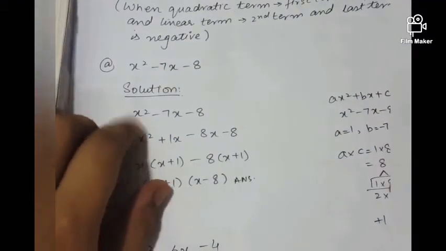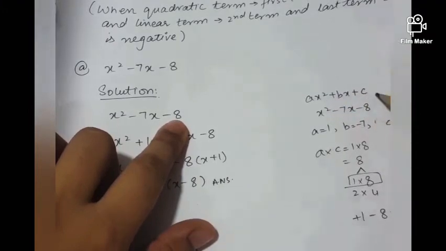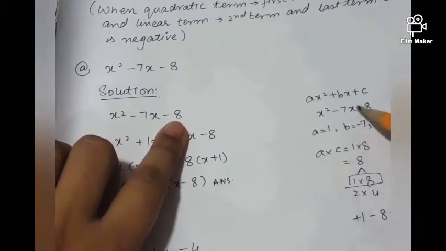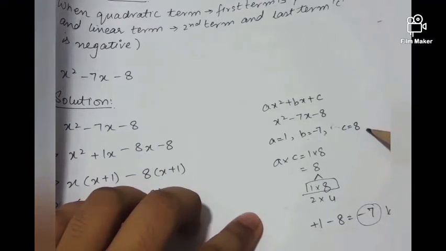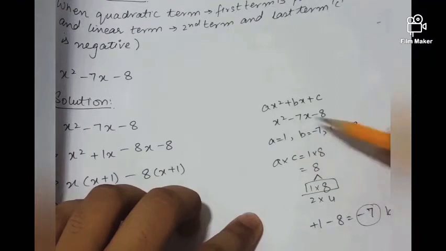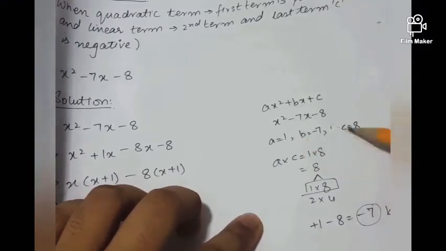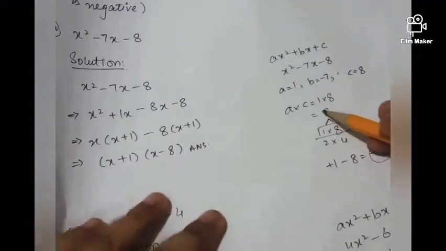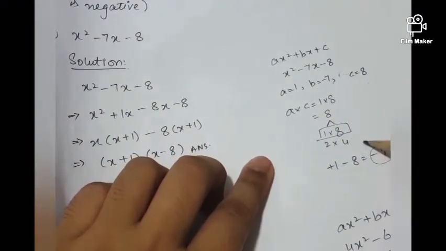See, the quadratic term is positive and the last two terms are negative, the linear and the constant. Same procedure, x square minus 7x minus 8. Rewrite the question and write the general term. Write the question below the general term. Your quadratic coefficient a is 1, linear coefficient b is minus 7 and your constant c is equal to 8. Now see, I just have written b with the sign minus, but a and c I haven't written with the positive sign as well as the negative sign because I have considered both of them positive. Okay, now a multiplied by c, 1 multiplied by 8. The factors of 8 are 1, 8 and 2 and 4.